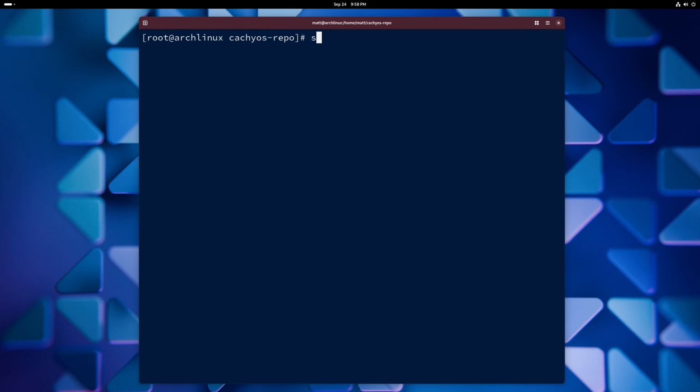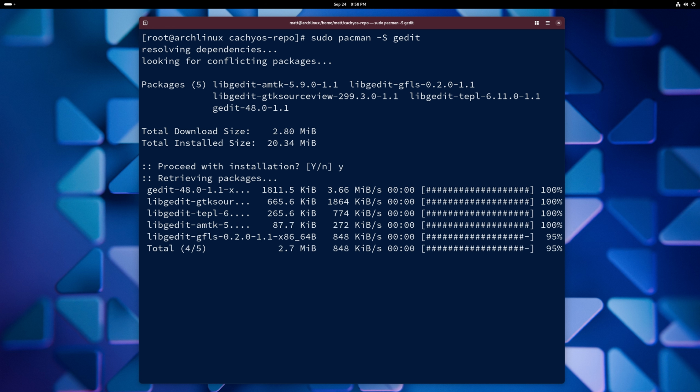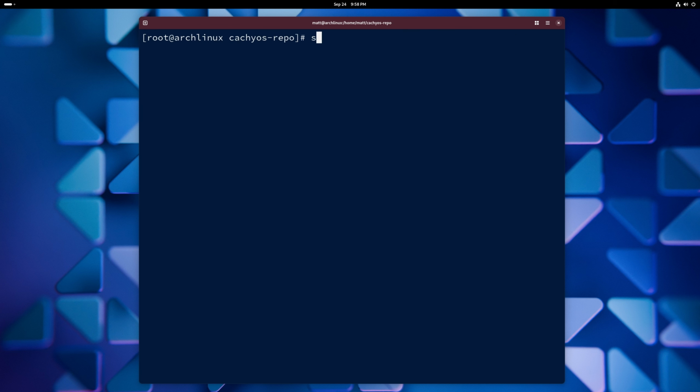I'm gonna hit clear. We're gonna do sudo pacman -S gedit. Now we're using gedit because not everybody knows how to use nano. So sudo gedit /etc/pacman.conf. Okay, hitting tab will autocomplete, but I'm really getting tired of the fact that there's sound notifications for every